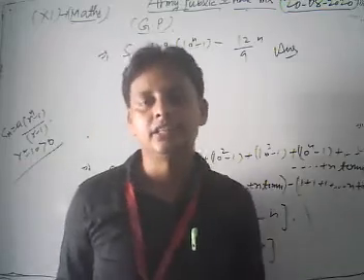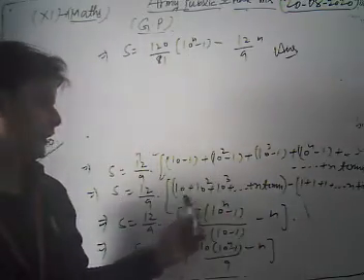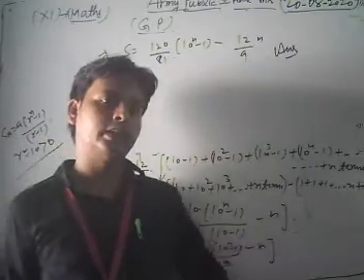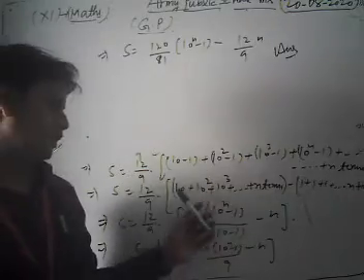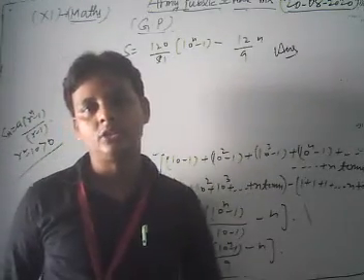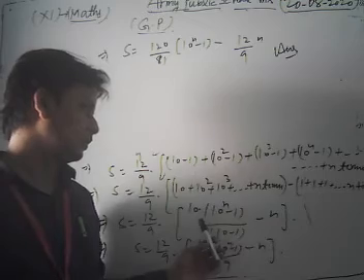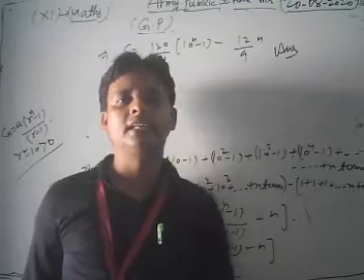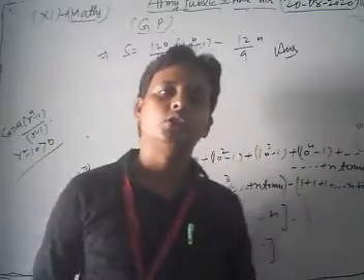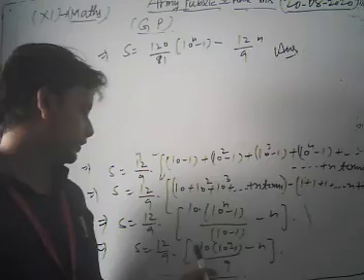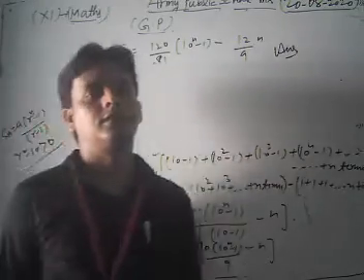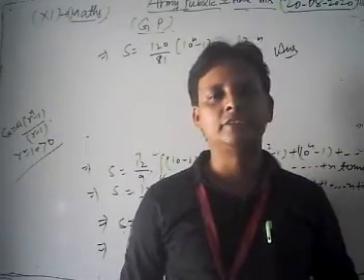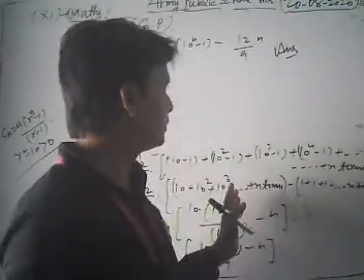We split the given series in two parts: 10, 10 square, 10 cube and so on up to n terms, and 1, 1 and so on up to n terms. After that, we apply the formula for the sum of n terms of the GP and we get 10 (10 to the power n minus 1) upon 10 minus 1, and minus 1 plus 1 up to n terms, which is equal to n. After that we multiply each term, so we get our result. So, dear students, in this way you can solve each and every question of your NCERT exercise based on this topic.